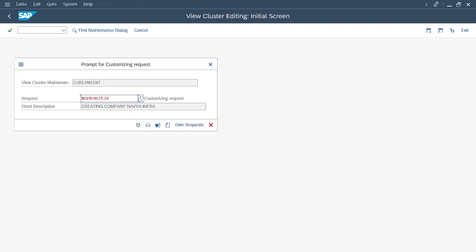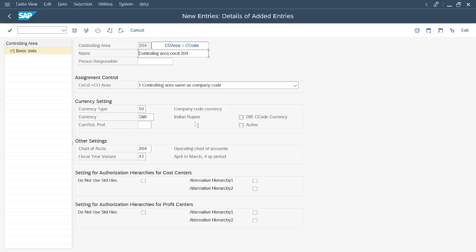So this currency type, how is it 10? We didn't create it. It's a standard one, like V3, the fiscal year variant. It is a standard one. We can't even change it. It's just 10, and all the information which we have filled earlier in our company code will be filled in automatically. So this was the first part of maintaining the controlling area specifically. First we assign it.